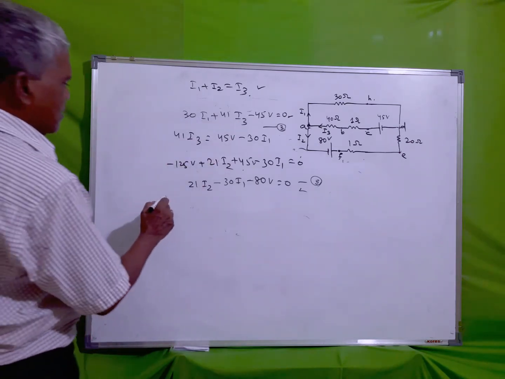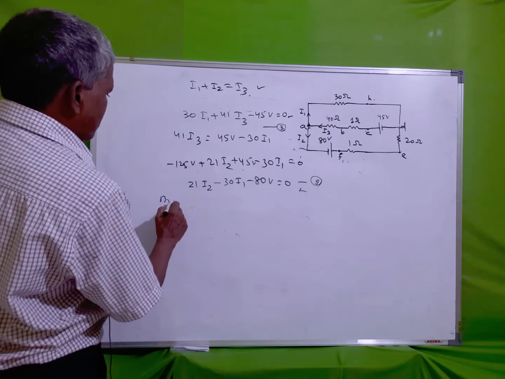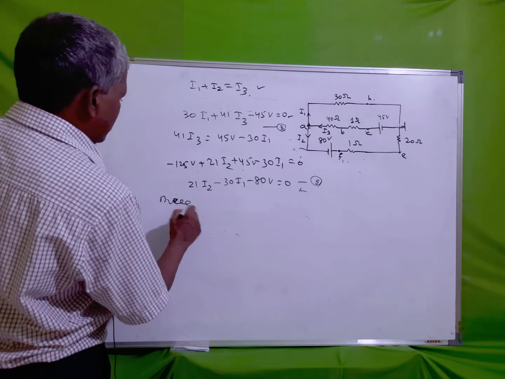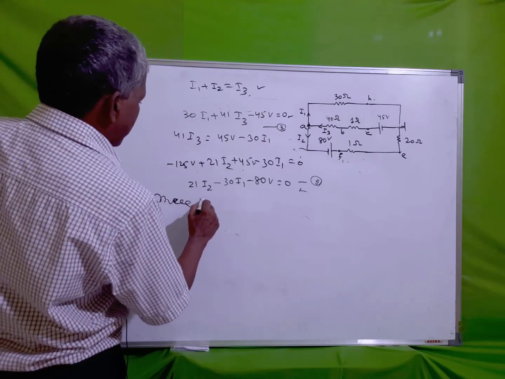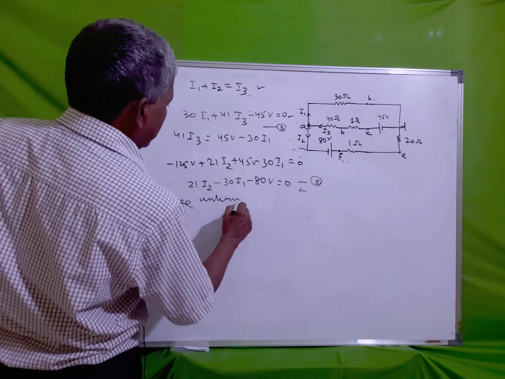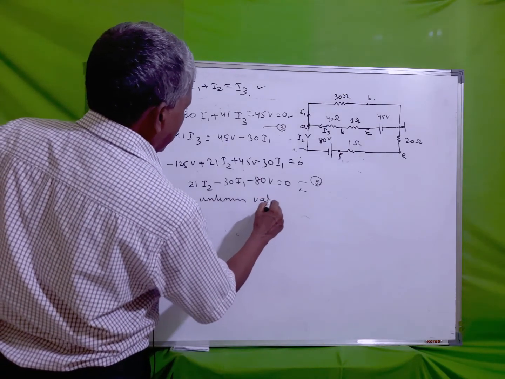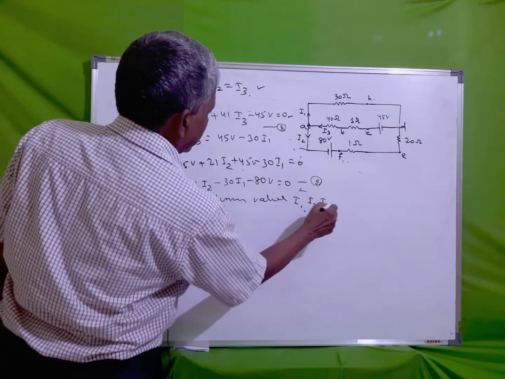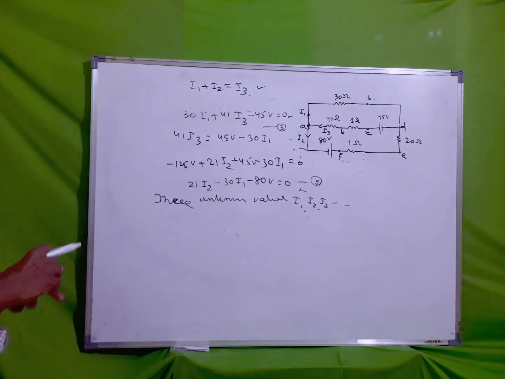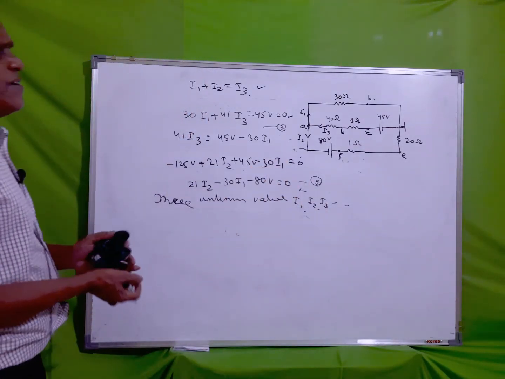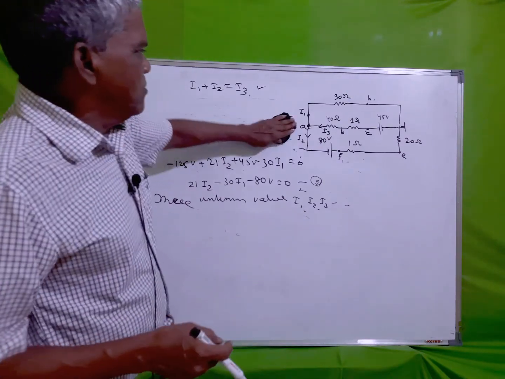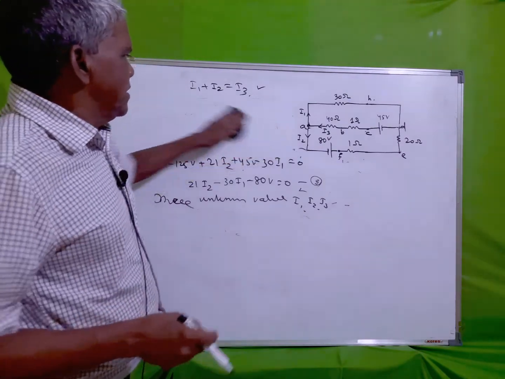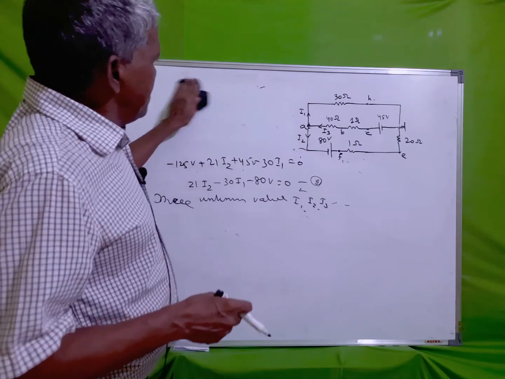The three unknown values I1, I2, I3 can be calculated as there are three independent equations. So for the solution of unknown quantities, we require as many independent equations